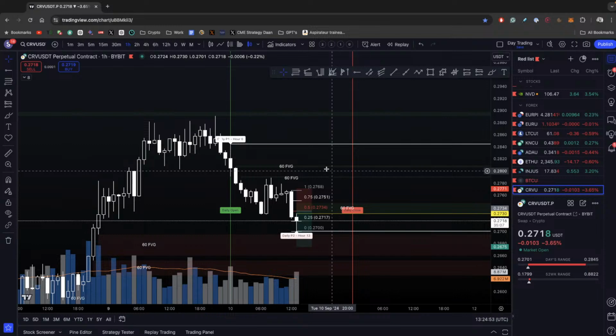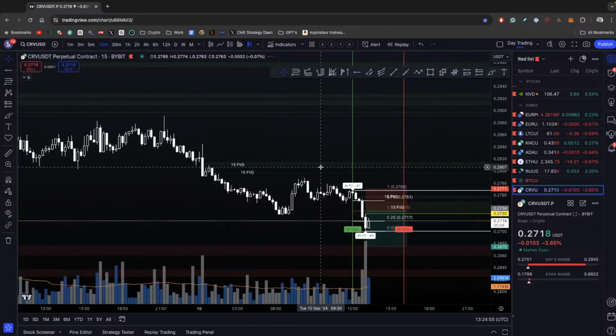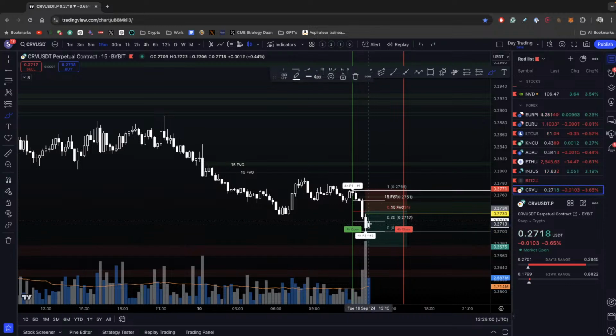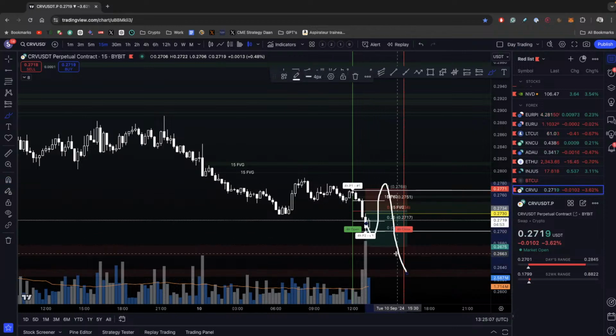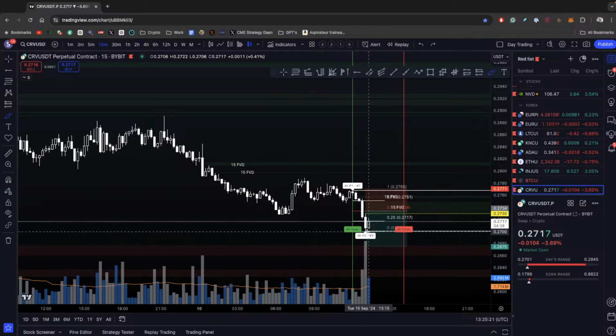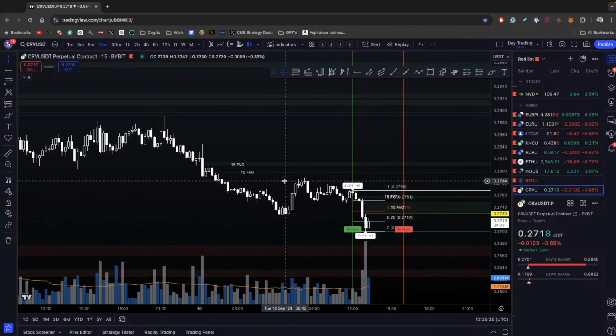Obviously, this is more risky because there is a chance that price would do maybe something like this, like you take it out, then you go back up, and then go back down to create that further daily low. And this could happen without invalidating the daily idea. That's what I'm trying to say, right? So if your idea is a daily short, then you have to keep in mind that this might happen. But also, the longer this day progresses, the less chance for that to happen as well.